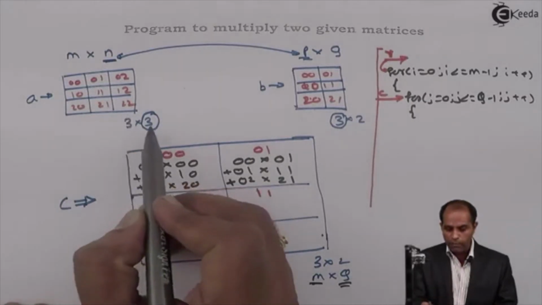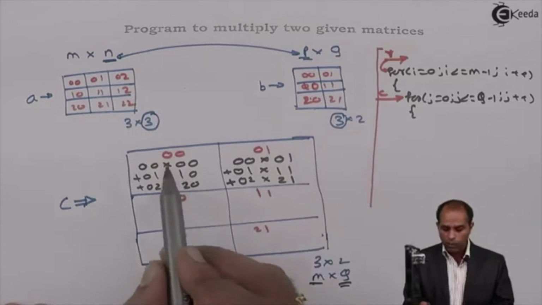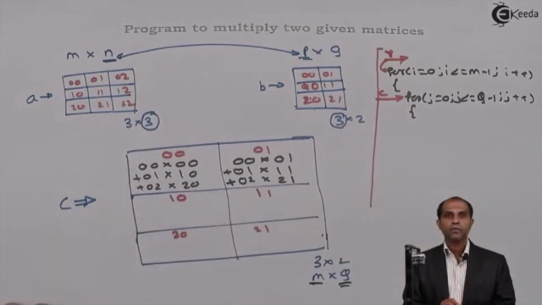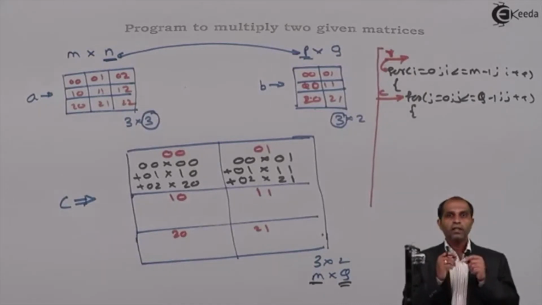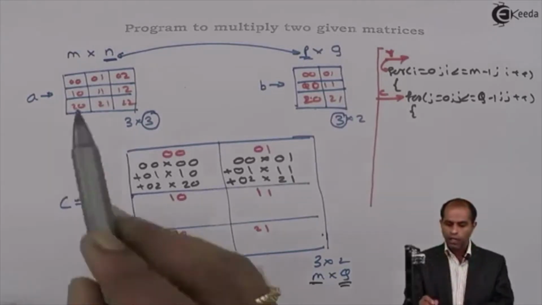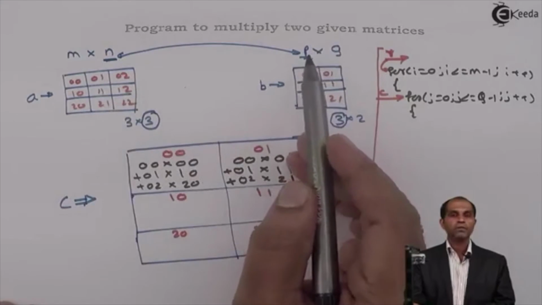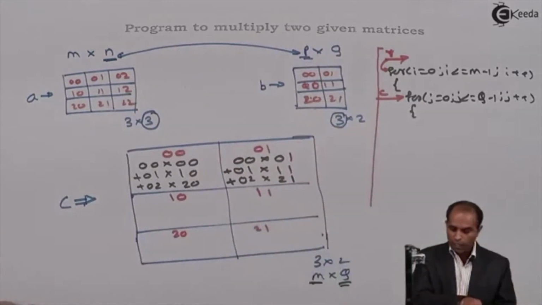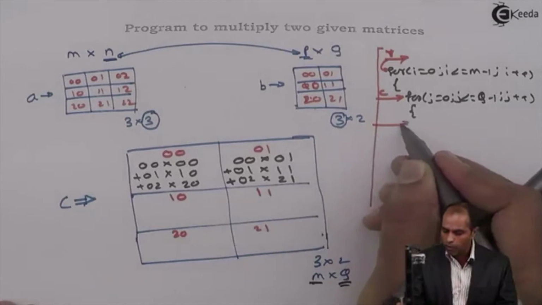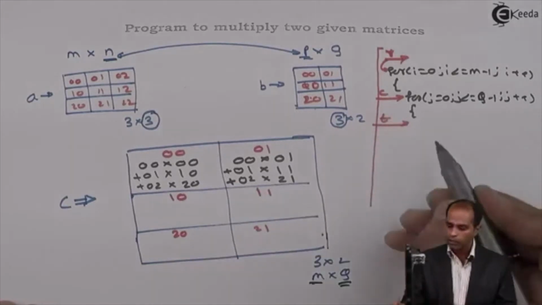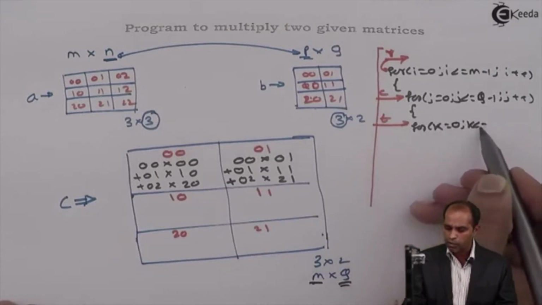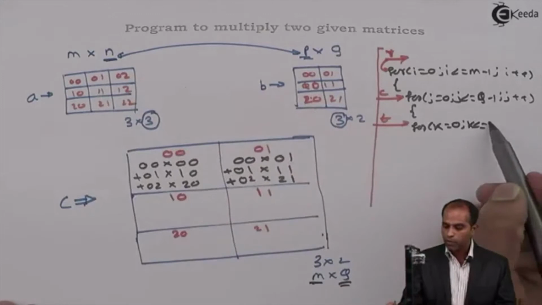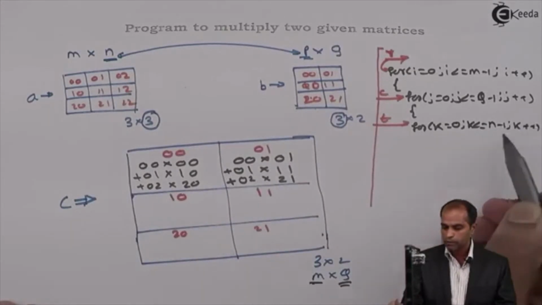If the matrices had been 5 by 5 and 5 by 2, then to get one element, I would have done it 5 times. In general, the multiplication of A with B will be done the common number of times, the condition which is going to satisfy the multiplication operation. So here, either n times or p times I'm supposed to multiply. So for that, I'll write one more additional loop just for the multiplying times. How many times, you said? Let me say one more loop as for k equals to 0, k less than equals to either n or p, so n minus 1, k plus plus.